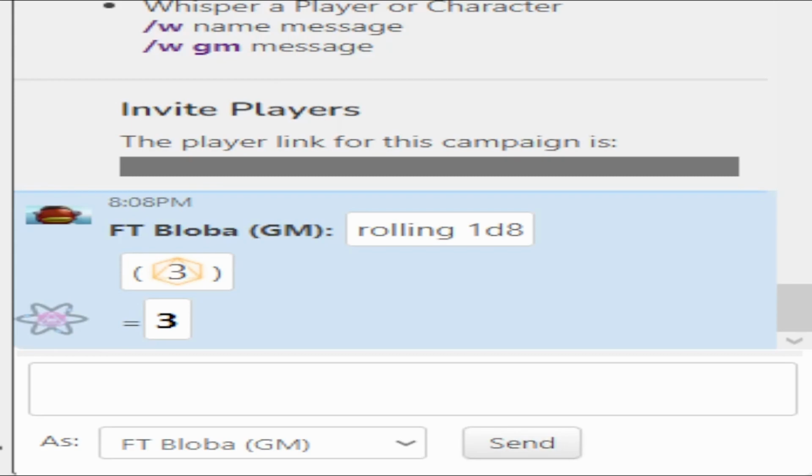Roll20 is a very great free service that you can use to play basically any tabletop you can imagine. It has online dice rollers. You can put up your pictures. You can put up anything you want. Basically, it's completely free. I'm going to have Roll20 here to show you how to roll dice with Ring